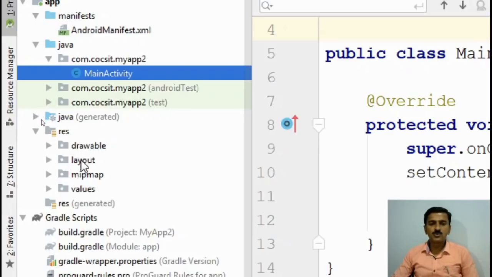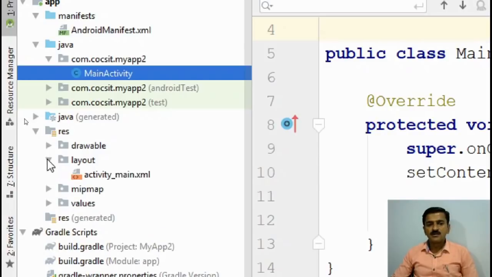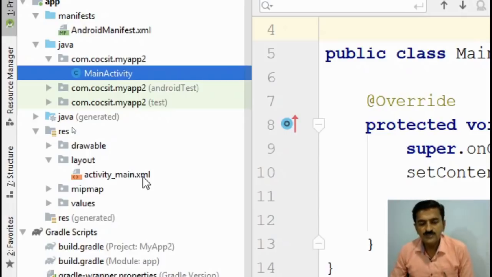If you want to display some image, if you want to add font formatting, color formatting for your application, then all the resources needed for your application will be stored in this resource folder. If I expand this resource folder, different folders are there. If I expand this layout folder, there is the activity_main.xml file. This file consists of the layout of your screen.